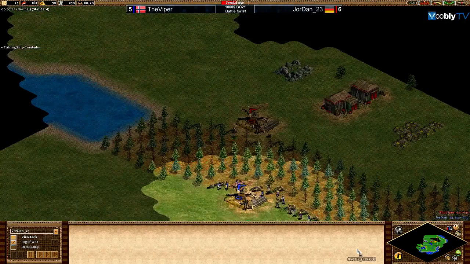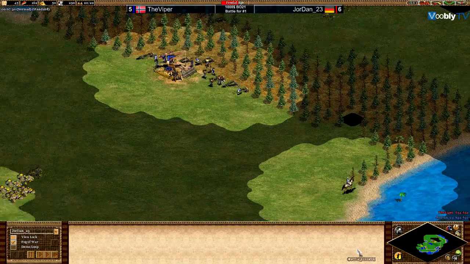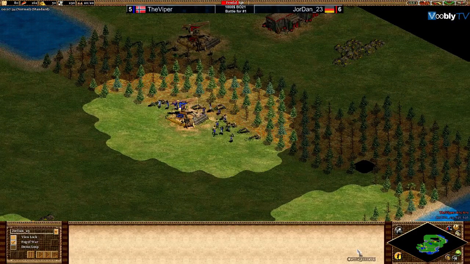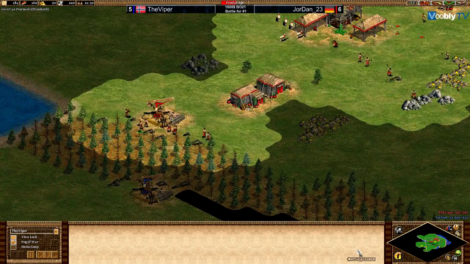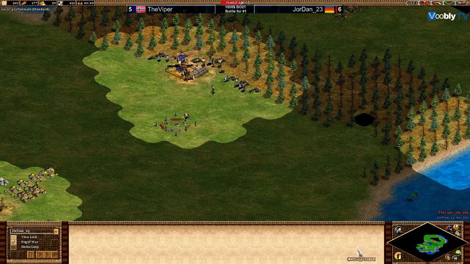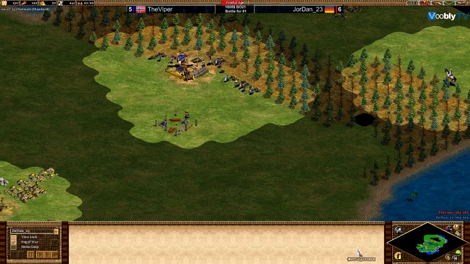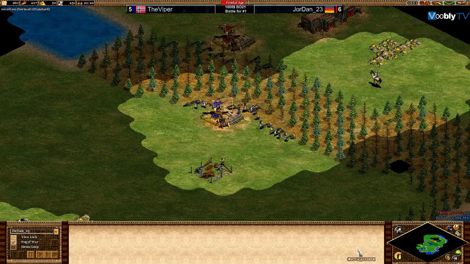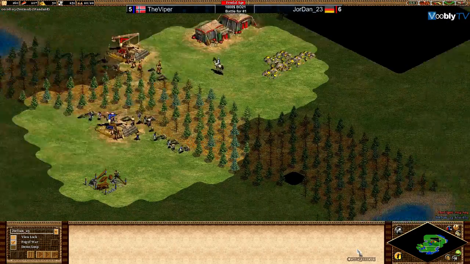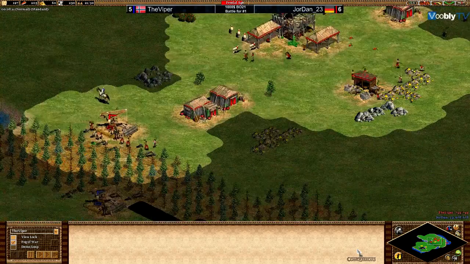You can see how many villagers Jordan sent to wood. It's a lot. Yes, it is. More than Viper. Much more. Viper having 7 on those, and Jordan having 9, 14 with the villager that is building the house. 15. Viper is eating the wood around his town center, and I think Jordan is making the better choice